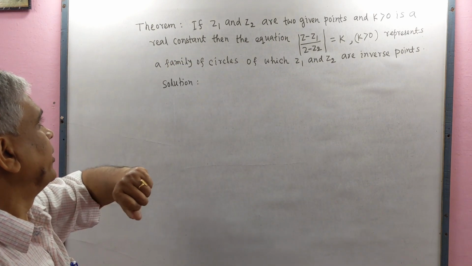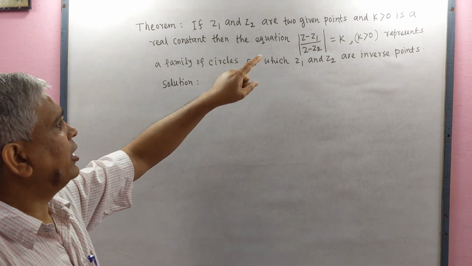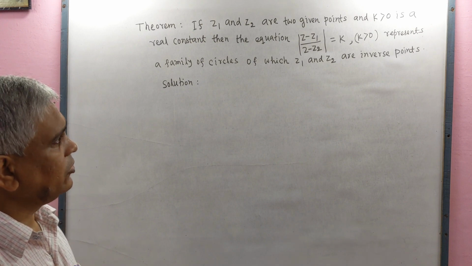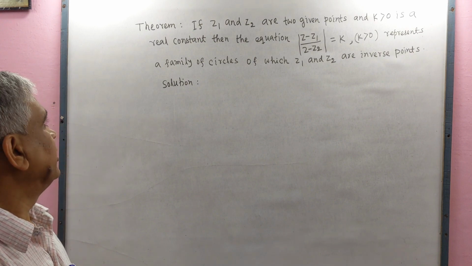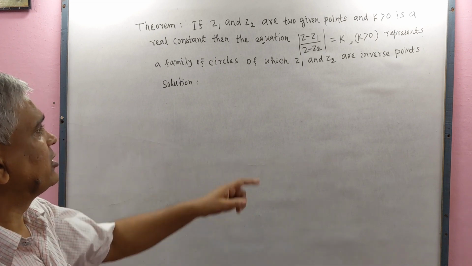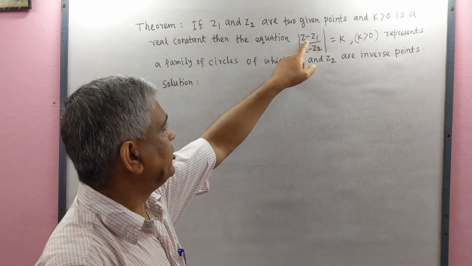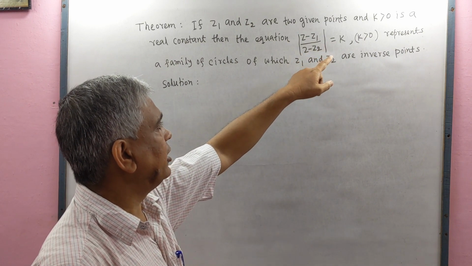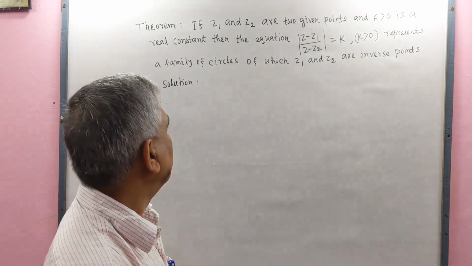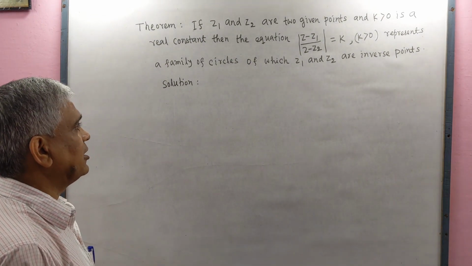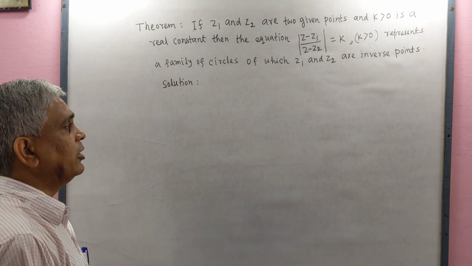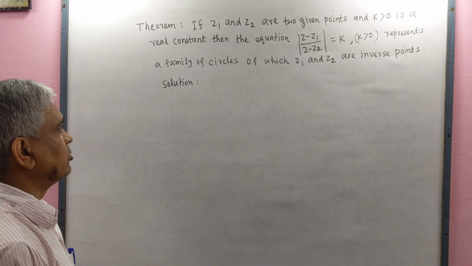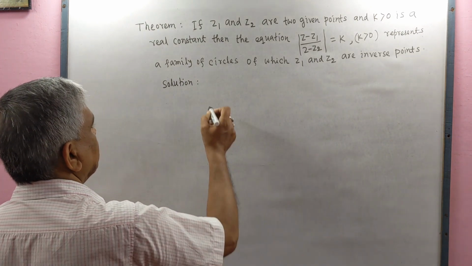We prove a theorem. If Z1 and Z2 are two given points and k greater than 0 is a real constant, then the equation modulus of Z minus Z1 by Z minus Z2 equal to k greater than 0 represents a family of circles of which Z1 and Z2 are inverse points. Now solution. Given that